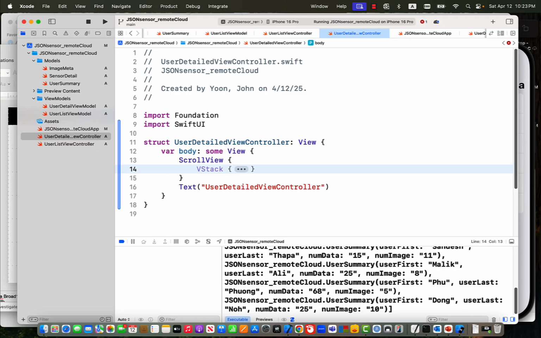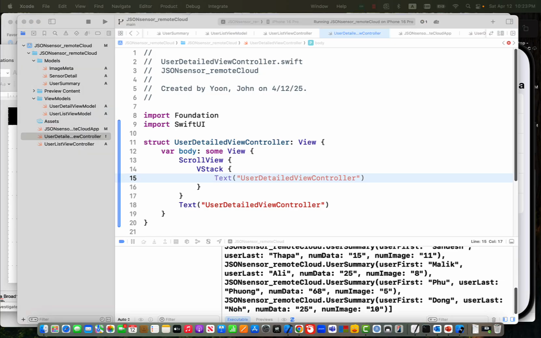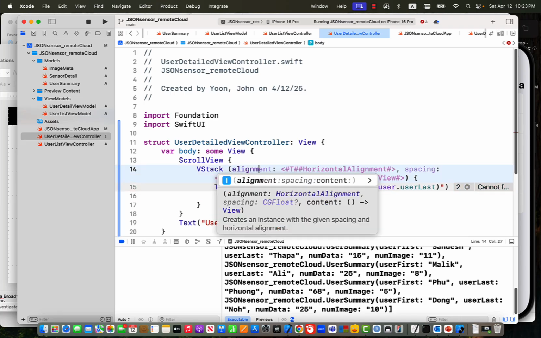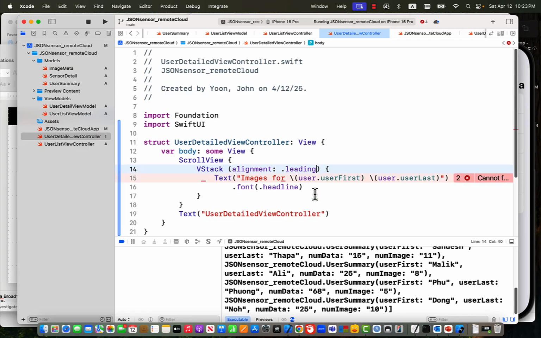Which one do we want to scroll? The VStack, and then we put the text, first name and last name. So I want to put here first name and last name, and then that VStack alignment, leading, and then user is not defined, so we have to put here